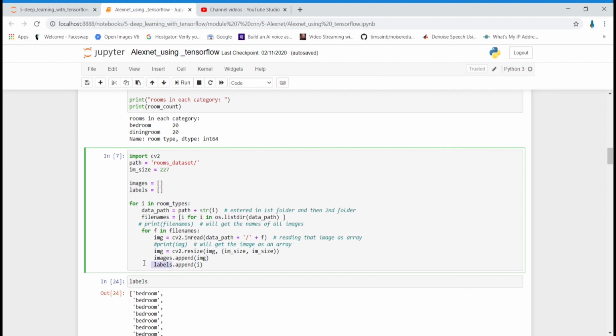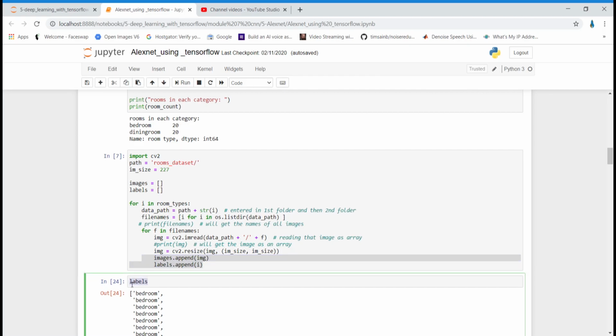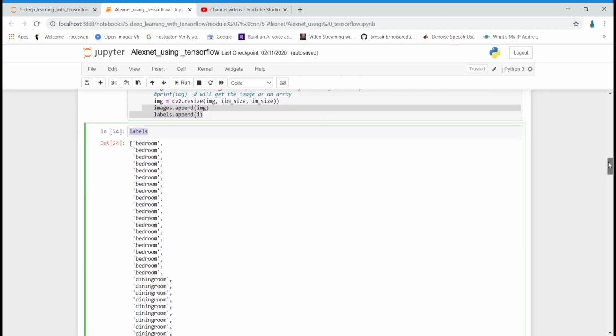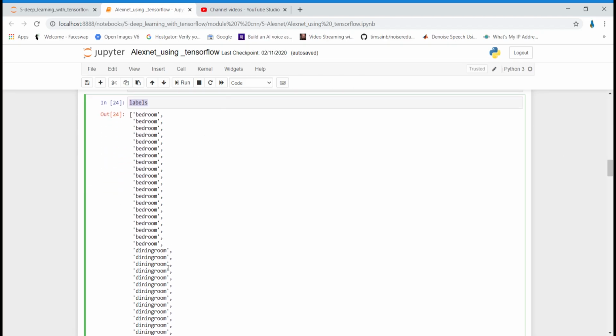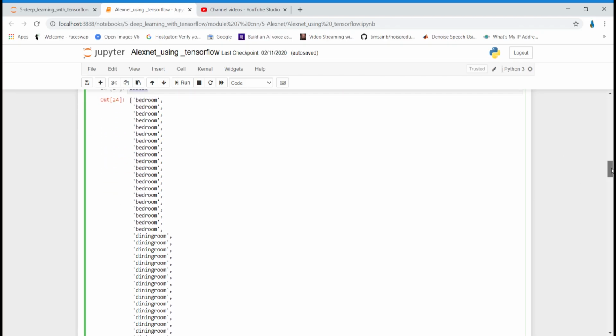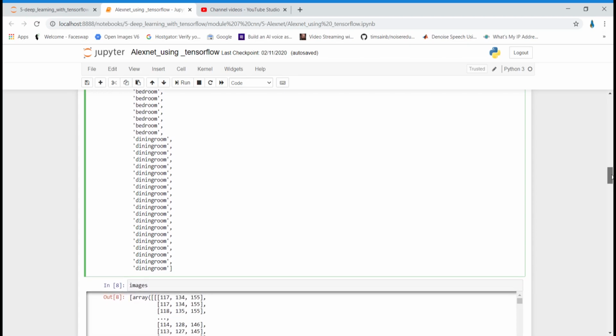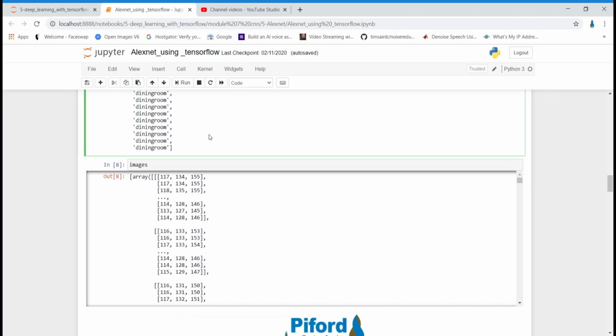So now we have all our images in the images list and related labels in the labels list. So let's print both the lists and see what kind of data we have. So over here I'm printing the labels list. You can see we have 20 labels of bedroom and 20 labels of dining room, because in total we have 40 images, 20 each, right? And then I'm printing the images list. When you print the images list, you will see your data in the form of numbers.